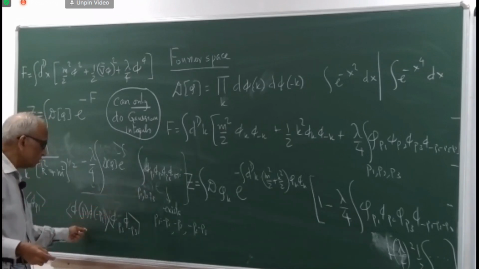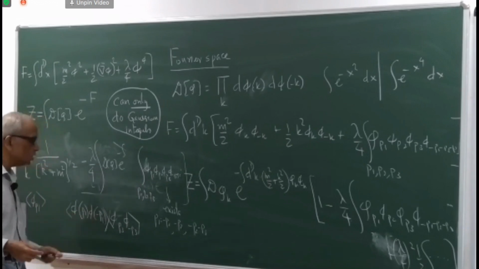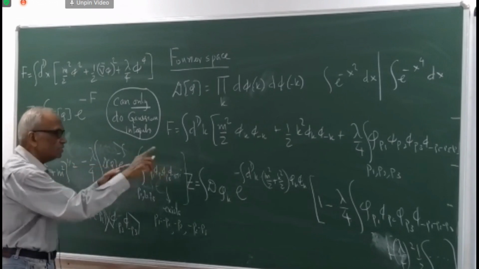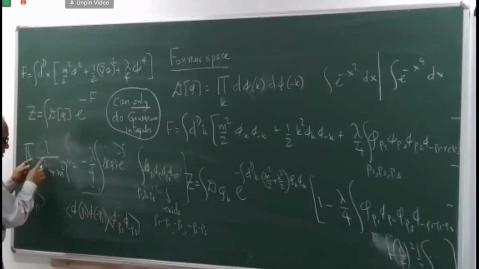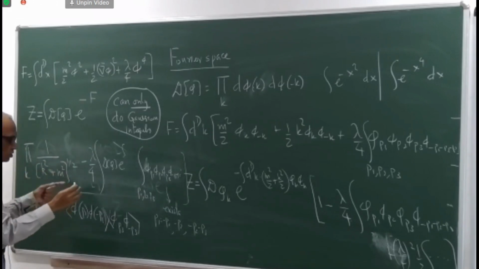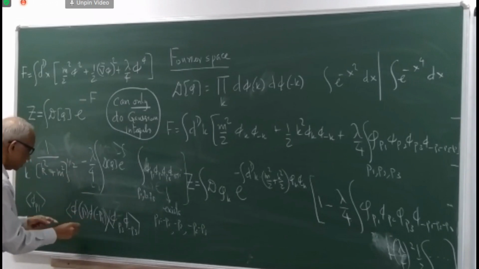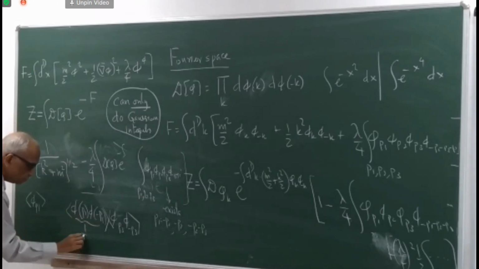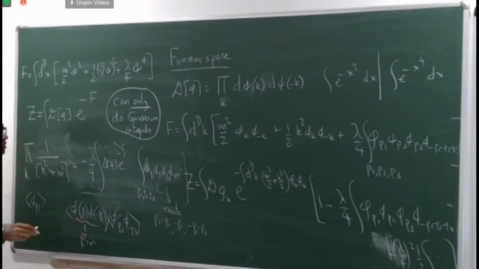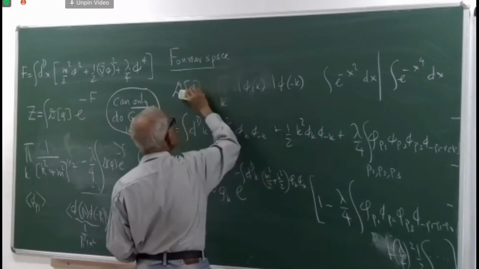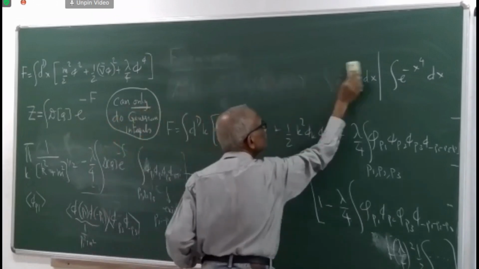It is 1 over P3 square, P1 square plus M square, provided all the others are cancelled out, and that cancelling out of all others means that I take this out of it, and when I write down this as 1 over P1 square plus M square, what I'm saying is that I'm actually calculating